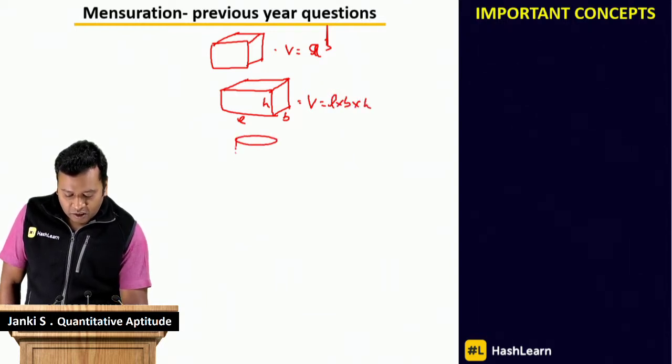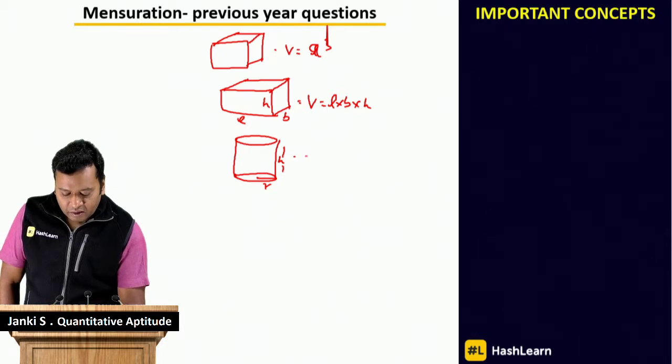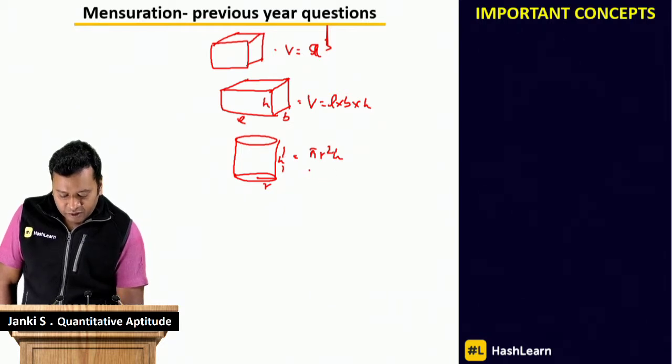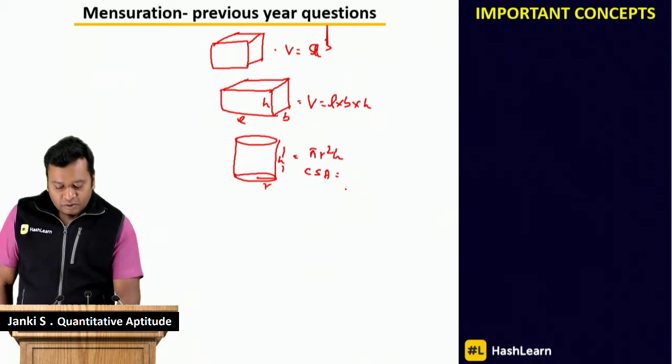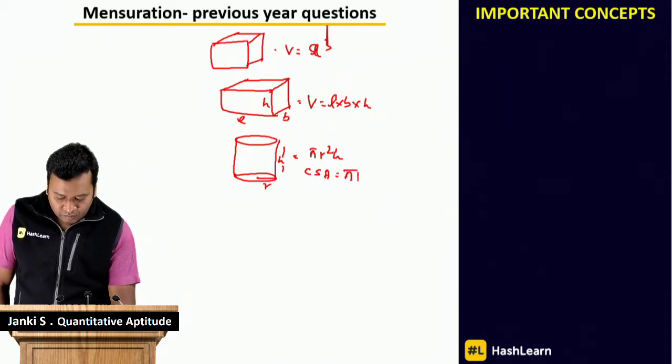Then the right circular cylinder with radius R and height H. The volume is nothing but pi r square H. Curved surface area is nothing but pi r,